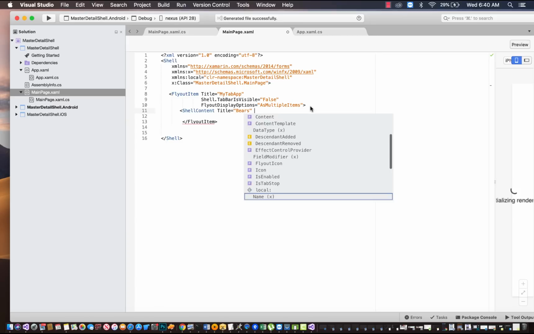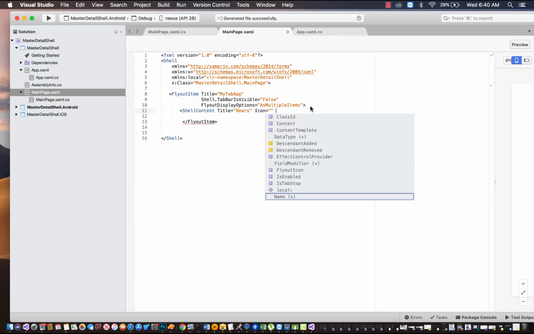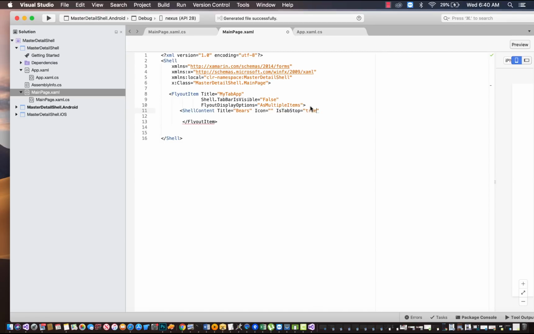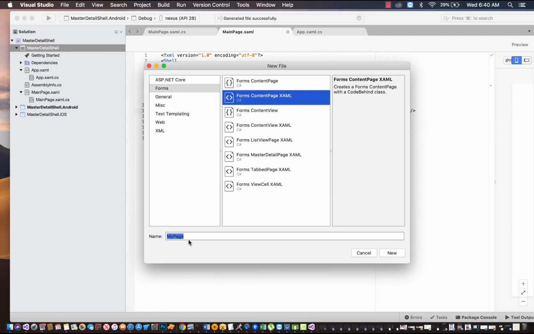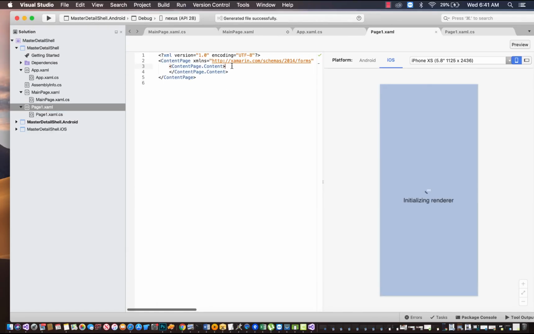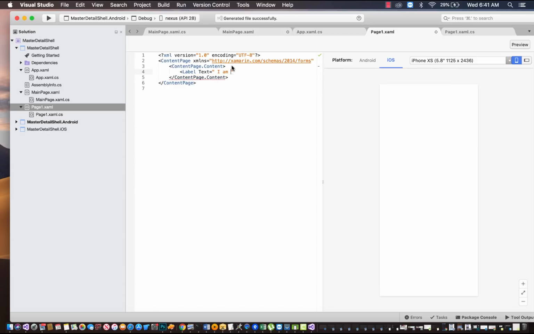we are going to place Shell content, that is the items that are going to be placed inside our left drawer page, that is title equals Bears and the icon will be added later. Here the content template will get all the pages that are placed within the given app, that is let us create two pages, that is page 1 and page 2, that will be navigated from our left drawer